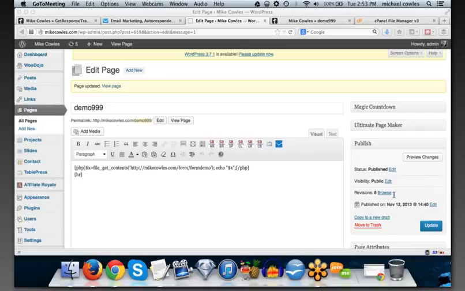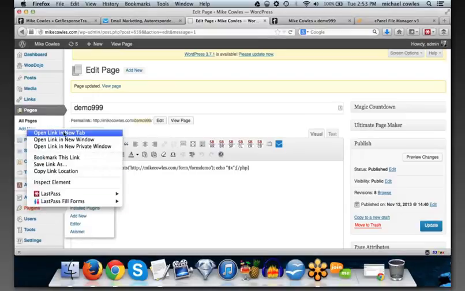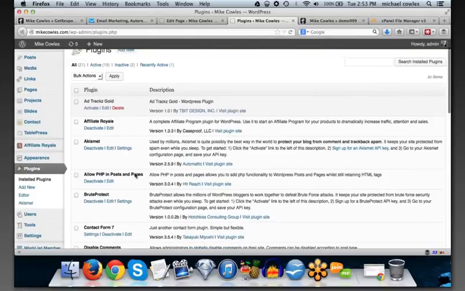Leanne said, what's the name of the plugin needed to display PHP? That's over here. And I believe it's called Allow PHP. Yep, Allow PHP in Posts and Pages.